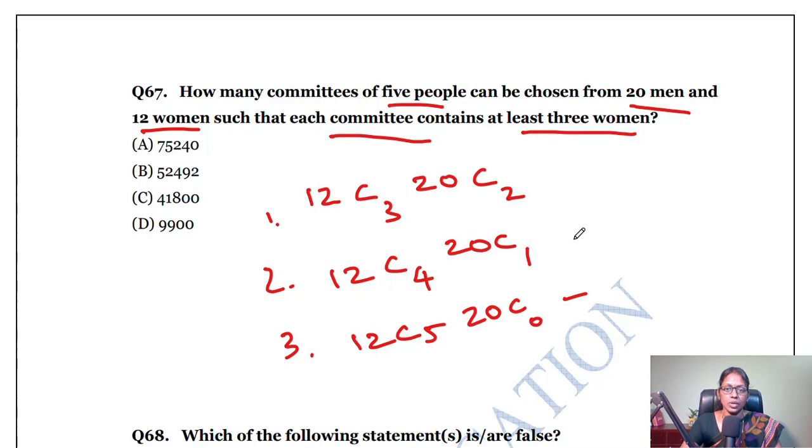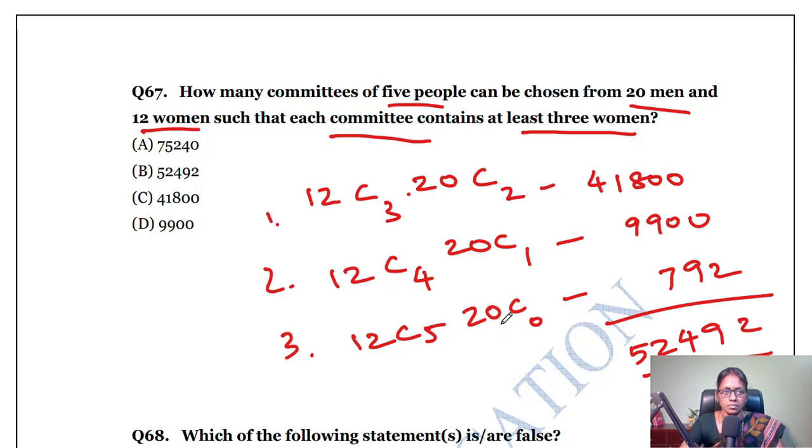So for this you have to calculate 12C3, using the nCr formula. If you cancel all those things, I will work it out and show it. If we work out the nCr formula for 12C3 times 20C2, we will get 41,800, and 12C4 times 20C1 is 9,900. Similarly 12C5, where I am taking 5 women and no men, is 792. So if you add